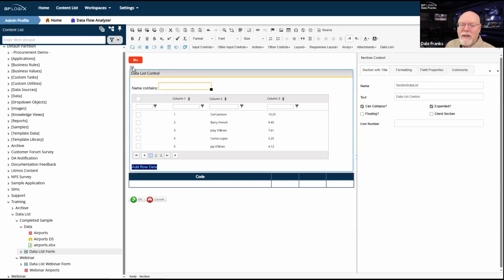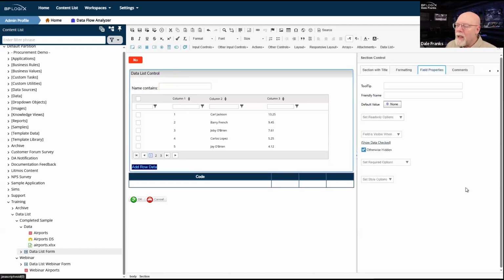But in my section itself, in its field properties, I'm using my switch control, which again, remember, is just a checkbox that looks cool. My switch control is being evaluated as to whether it is checked or not. If it is checked, then I want to show this section, which gives me my data list, gives me all of the actions that are associated with that data list. If it's not checked, of course, obviously, I want it to be hidden.